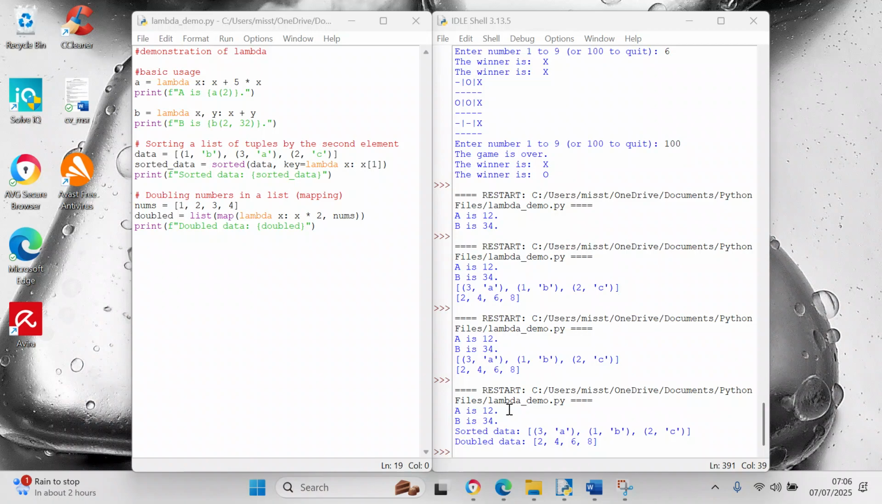The next example we have is you sort a list of tuples by the second element. So data equals brackets 1 comma B, brackets 3 comma A, brackets 2 comma C. So that's a list of tuples. And if you remember in the prior video, we went over a tuple. But we will be going over tuples soon in the next videos as well. So you've got sorted data equals sorted of data, comma, key equals lambda x